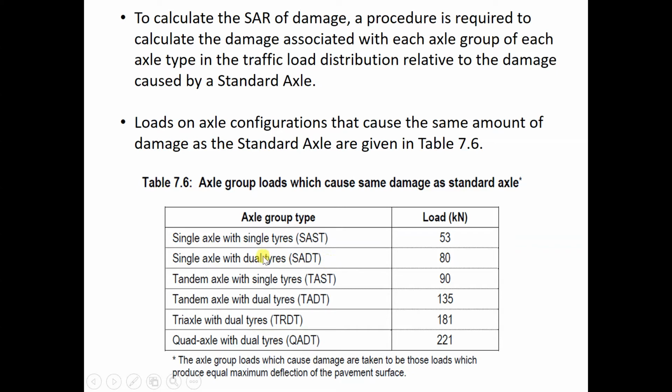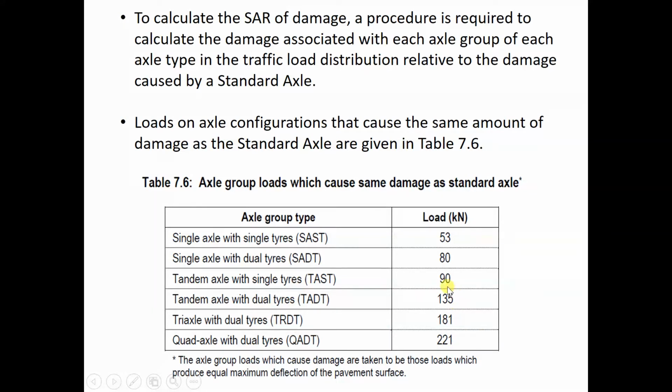So the loading for each group: single axle, 5.53 kilonewton, actually 5.3 tons. Single axle with dual tires, 8 tons. Tandem axle with single tires, 9 tons. Tandem axle with dual tires, 13.5 tons. Tri-axle with dual tires, 18.1 tons, and the quad axle with dual tires, 22.1 tons. So these are the